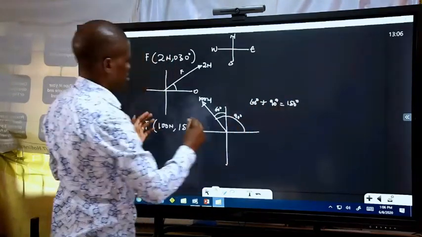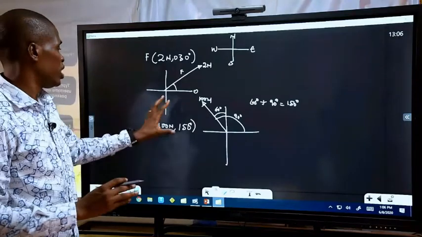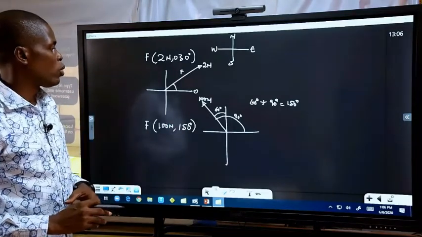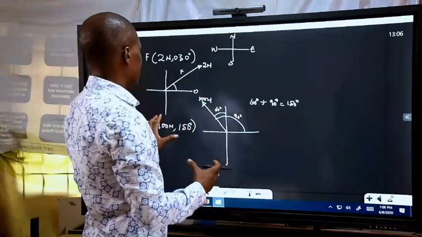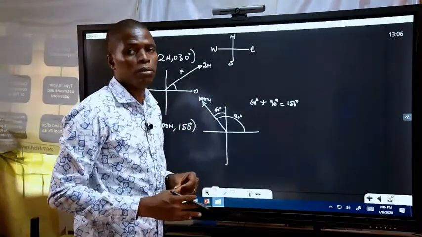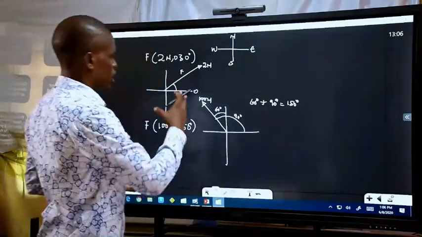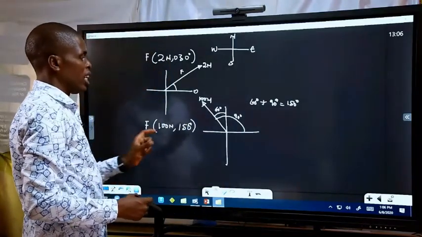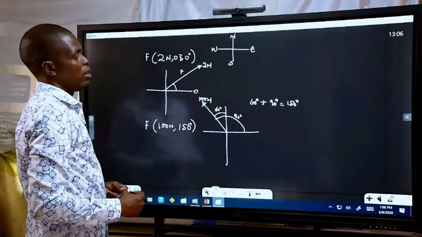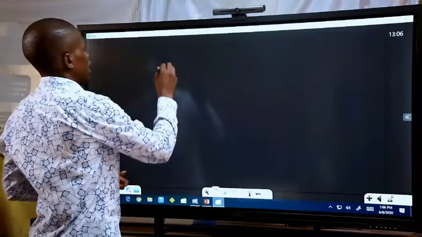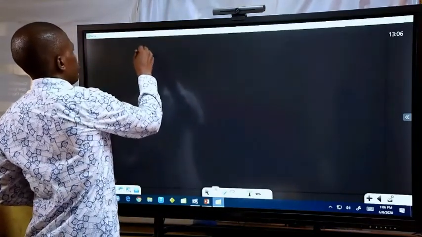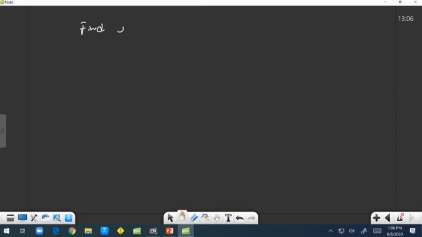So with that, you can represent forces using what we call the graphical concept. And if you apply that, you can find the resultant of 2 or more forces with respect to the diagram that has been drawn, considering the length or the magnitude of the force or the vector that is given. So let's look at an example on that. Find the resultant of the following